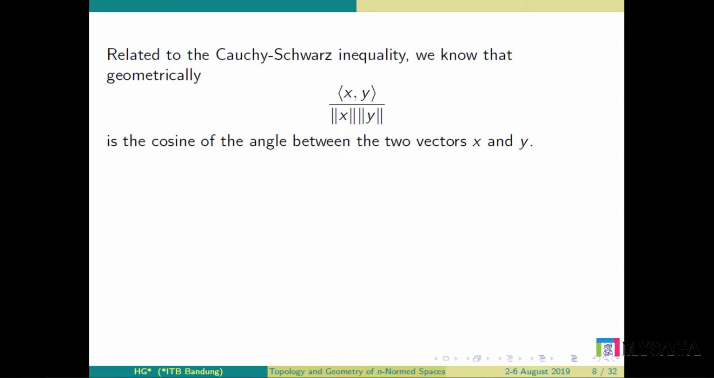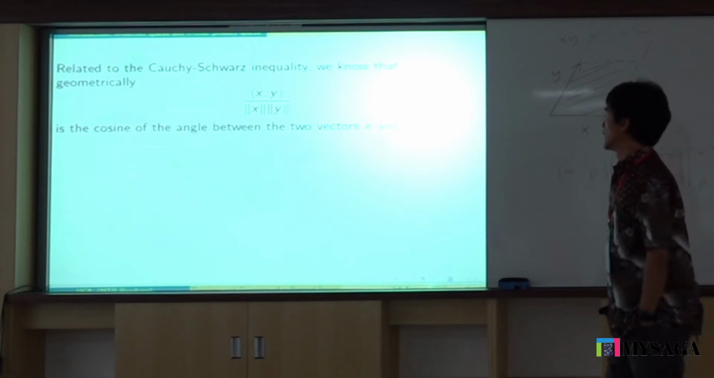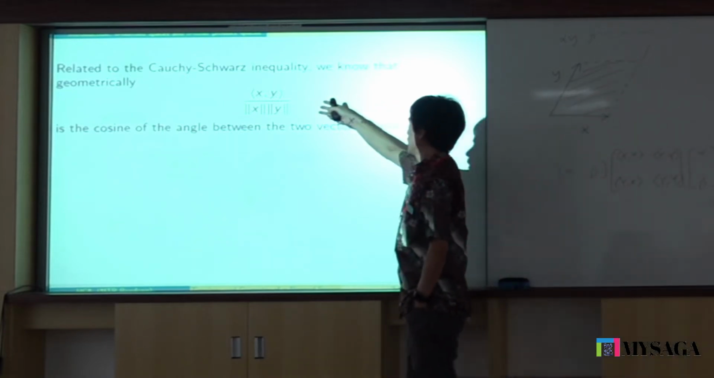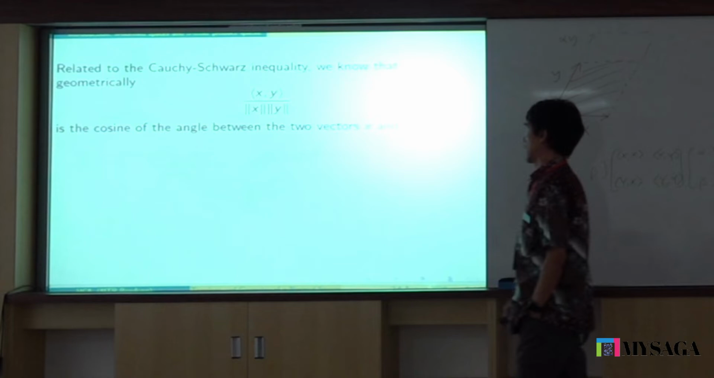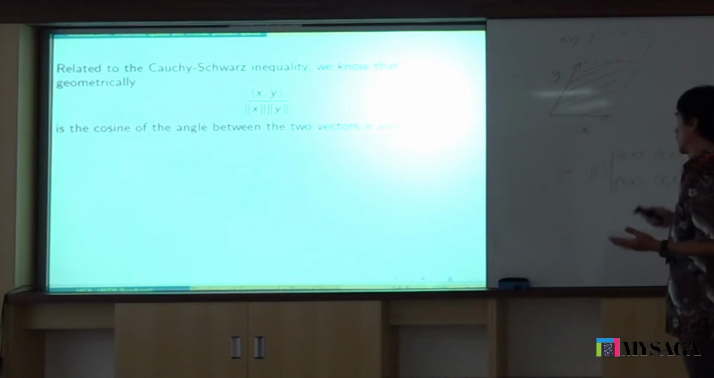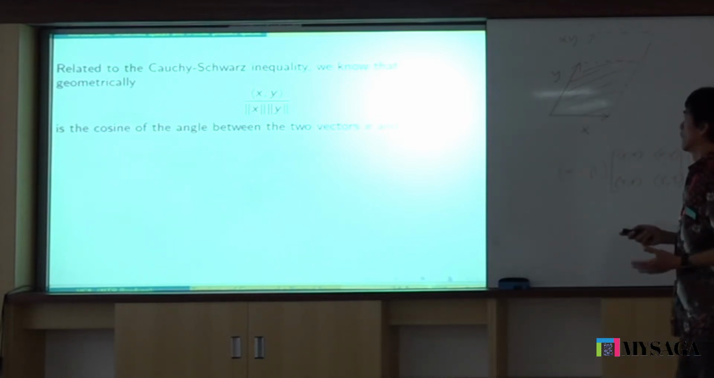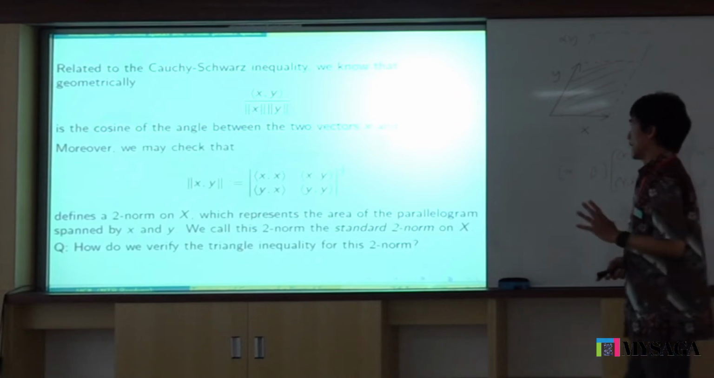Now, this is what is important from the inequality, what we see from the inequality. First, we know geometrically the ratio here is the cosine of the angle. Okay, we know that from maybe even from high school. But then